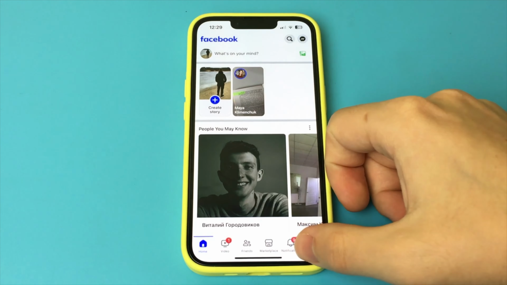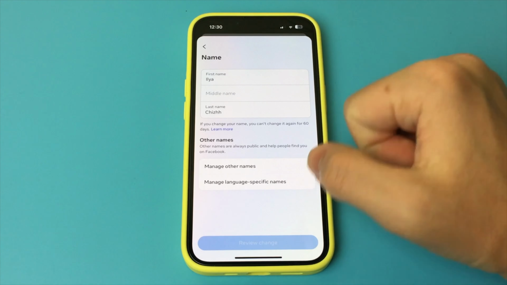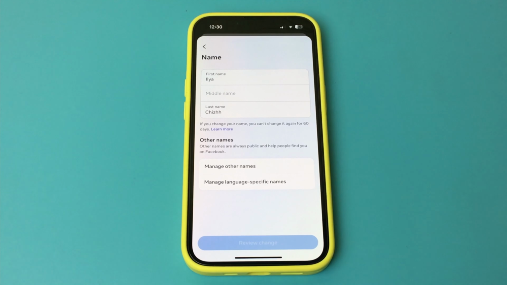It's very simple. First of all, I would advise you to download the application because it will be easier to change your first and last name through it. Download the application. After that, open it and press Menu. Then open the settings by clicking on the button with a gear or the item, Settings and Privacy. Then select Account Center. Wait a couple of seconds. Open the profile. Here you need to select an account. Select it. Then select Name.